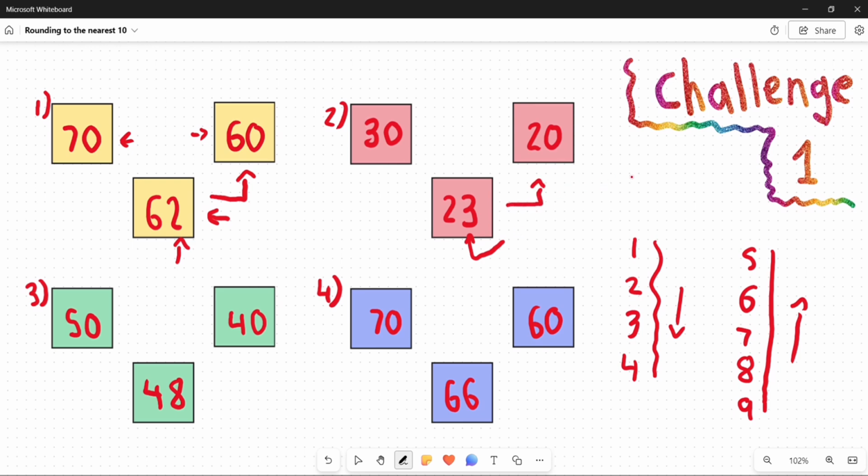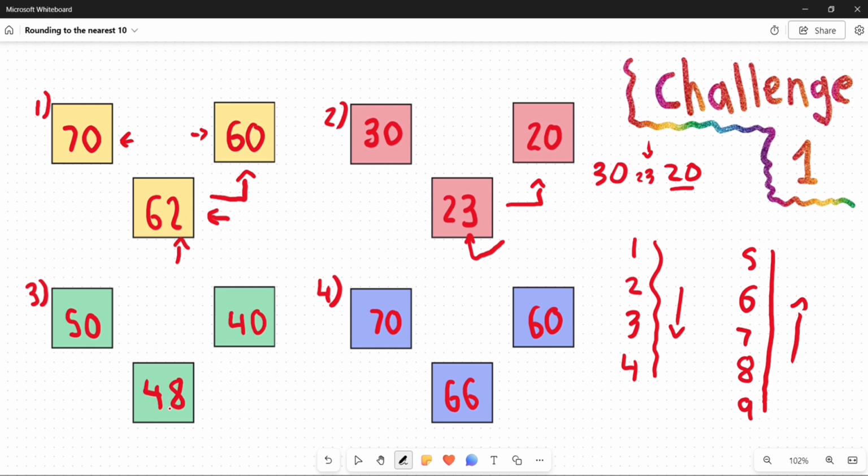Because 23 is in the middle of 30 and 20. As you can see, it's in the middle of 20 and 30. So in order for us to round it down to the nearest number, we have to look at the lowest number closest to 23, which is 20. Next, let's look at question 3,